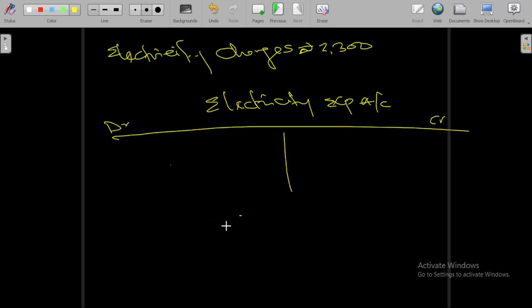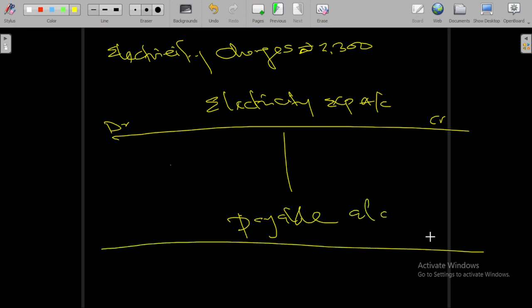Let's say we have a payable account. This is credit, this is debit. So now the expense account has what? It has a debit balance. So we will now say trade payable, or whatever it is, trade payable account